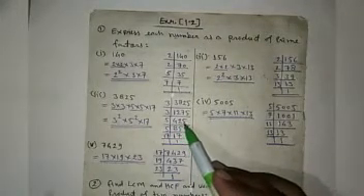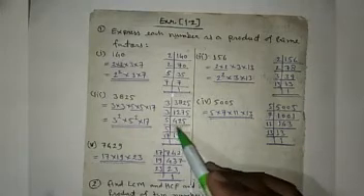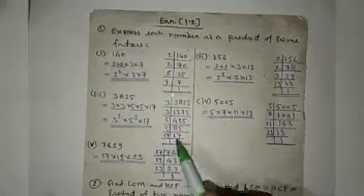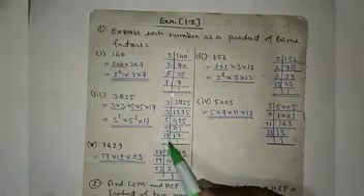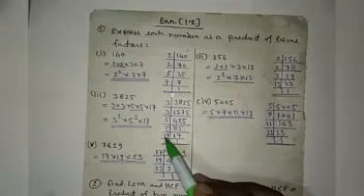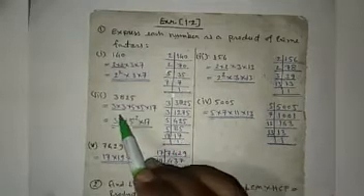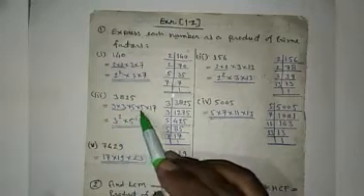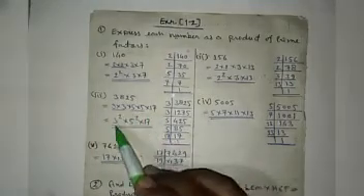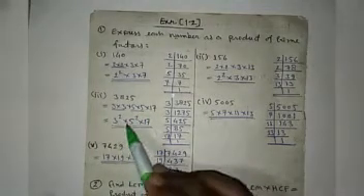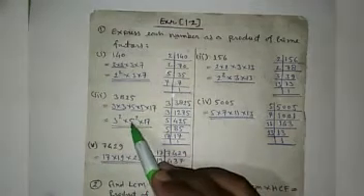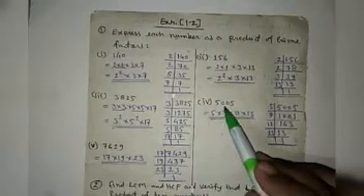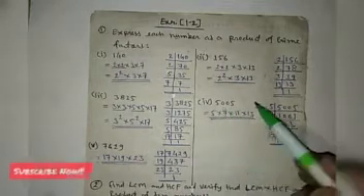Here the last digit is 5, so it is divided by 5. 5 8s are 40, 5 2s are 10, 5 5s are 25. Again the last digit is 5, it is divided by 5, it gives 17. 17 is a prime number, so it is divided by 17. So here it is written in the form of factors: 3 into 3 into 5 into 5 into 17. 3 comes 2 times, so it is written as 3 square, into 5 comes 2 times, it is also written 5 square into 17.